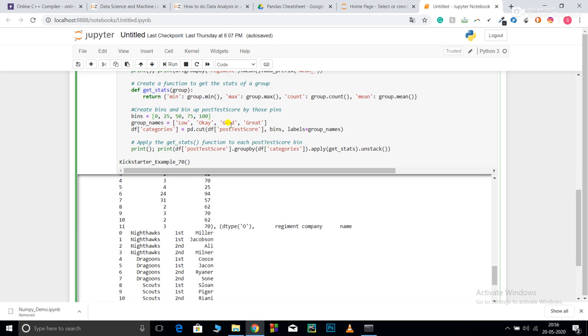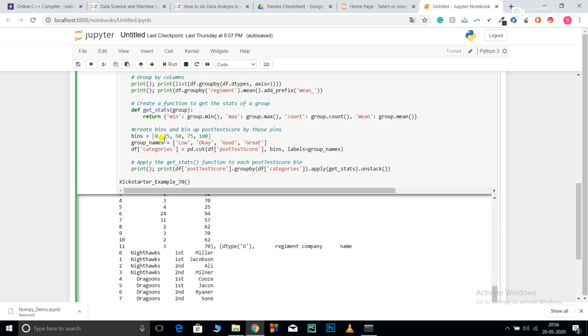Now here, bins. So what are bins? Basically, now you want to analyze a data frame based on age. So you want to see the customers between 20 to 25, what do they purchase, and customers between 25 to 30, what do they purchase. So you basically need to bin them. Bin them means you need to create a range for the age. So this is known as binning. Here I've created bins. This means 0 to 25 is a bin, then 25 to 50, 50 to 75, and 75 to 100.